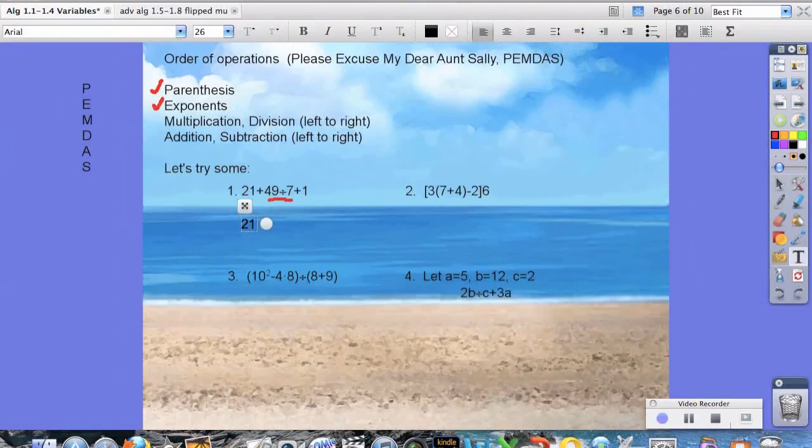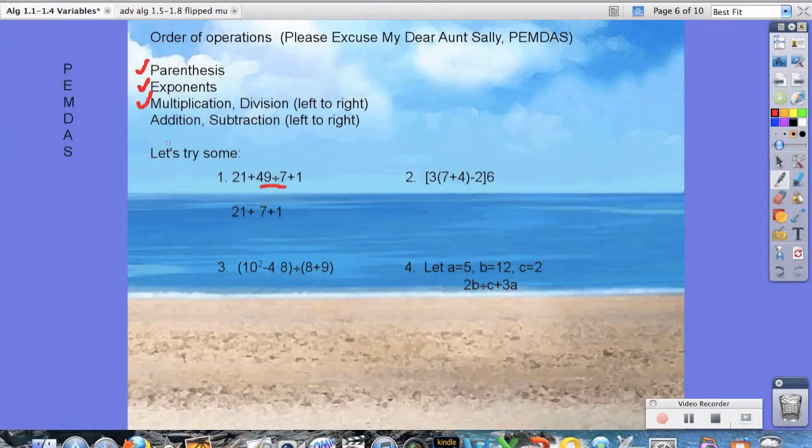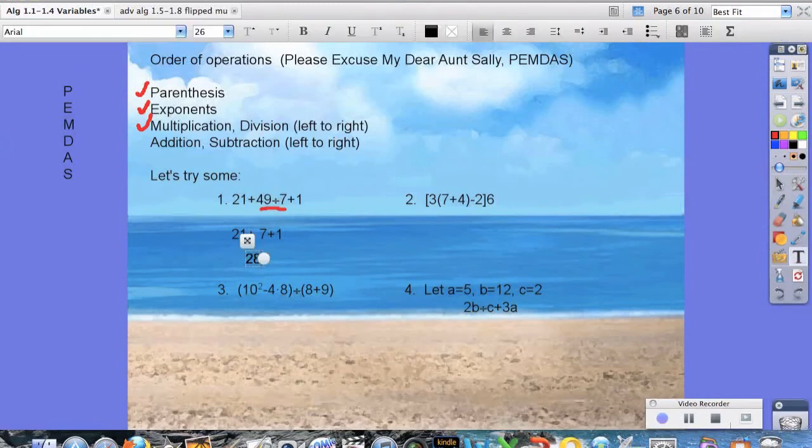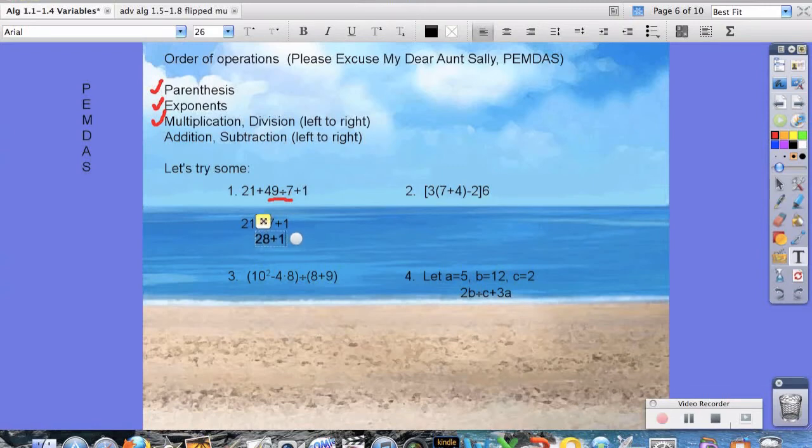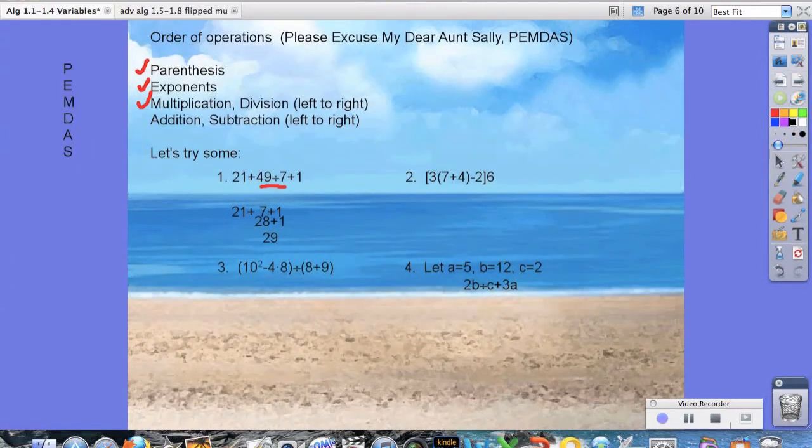So we have 21 plus, and notice how we just brought the 21 plus down. 49 divided by 7 is 7, and we're going to bring down the 1. So we're done with multiplication or division. Now it's addition or subtraction. Notice we have addition twice, so we're going to go from left to right. 21 plus 7 is 28, plus 1, and finally, 28 plus 1 is 29. Now remember, if you do want full credit on all of your notes,